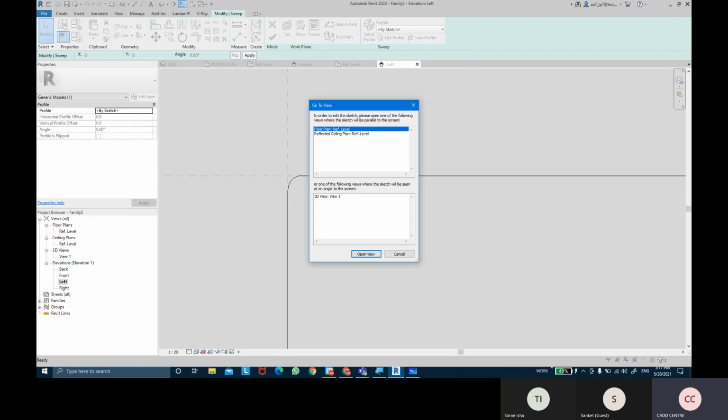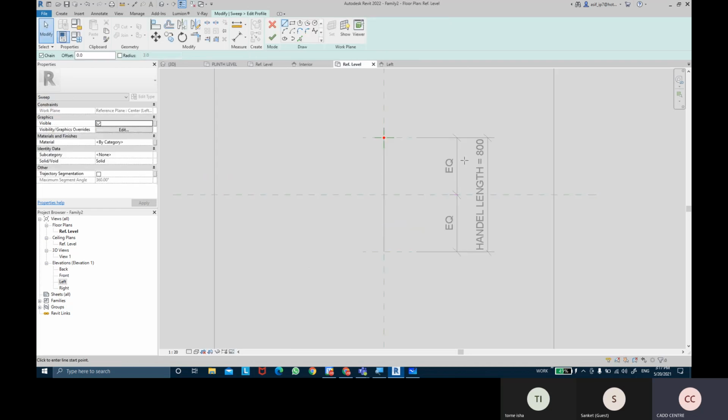When I do that, it tells me that you can't create a profile in this view. You either need to come into your floor plan view, or into your 3D view. So I'm going to take the floor plan view and click on open with command, and it will take me to the floor plan view. And now I need to create that profile shape somewhere over here, outside this dotted line. Okay, so I'm going to create it somewhere over here.